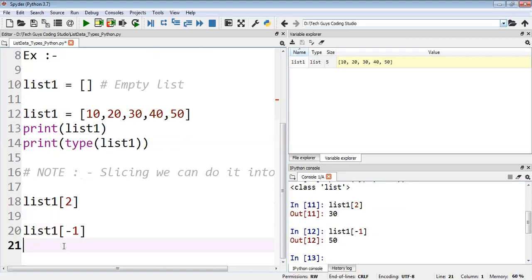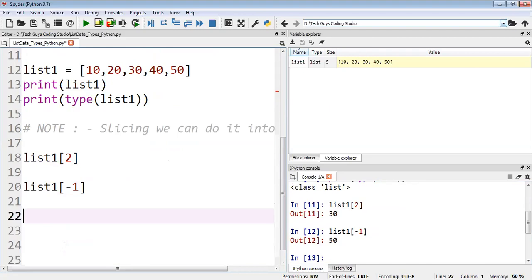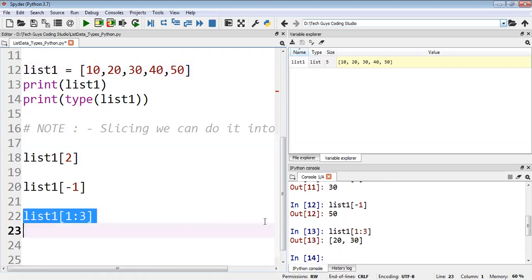Now for example, if I want to take list one of, okay, I'll start from first, then I'll end with 3. 3 means it will start from 1, that means 0, this 1, then index 3 will not be included. So 0, 1, 2, 3 will not be included. So 10, 20 and 30 should be there in my output. As soon as I execute, see I got 20 and 30 in the output. So slicing we can do because order is important. That means slicing will be there.